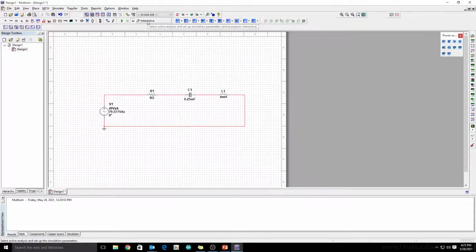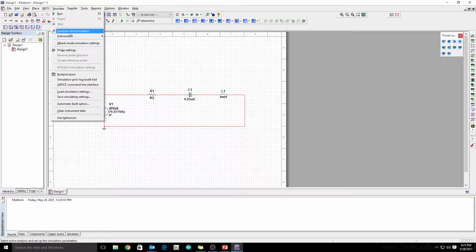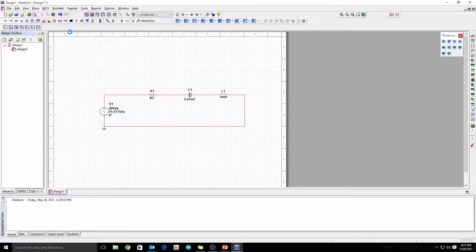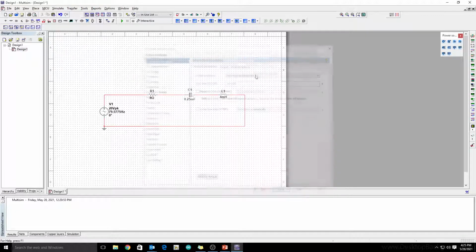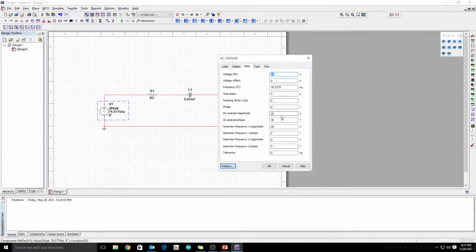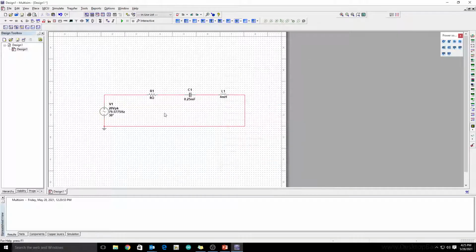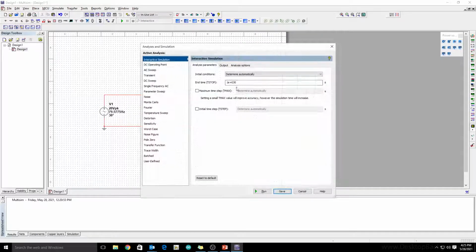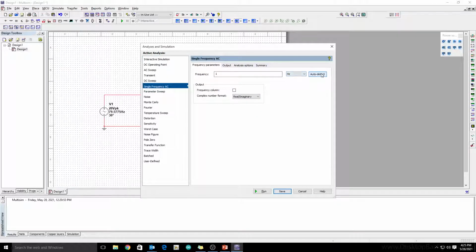Now we are going to the simulation part: simulate, AC analysis and simulation. I haven't given the phase shift of 30. Okay, now it's fine. Now we are going to single frequency AC analysis, auto detect, frequency column, magnitude.